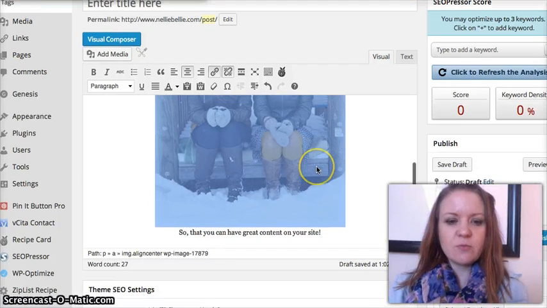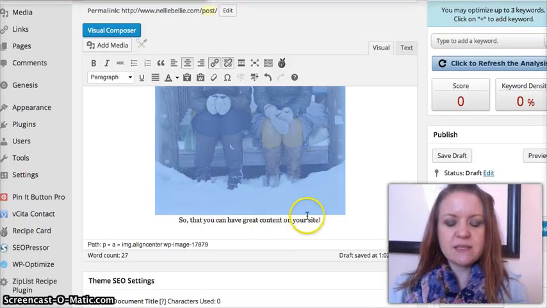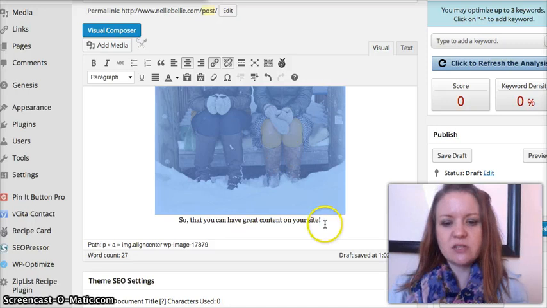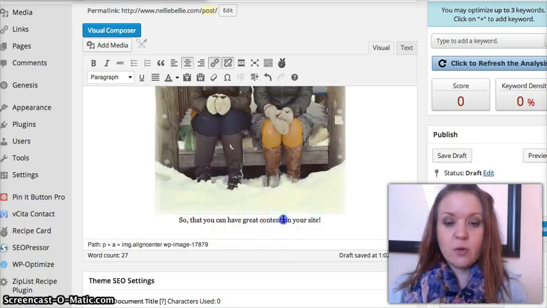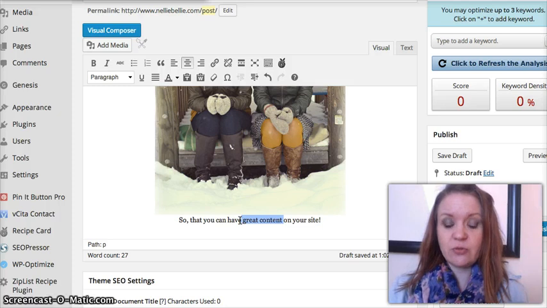Alright, so I've inserted my image, and you can repeat that process as many times as you like in your post area until you get your images inserted that you want. And now to link content. If you want to link text in your post, it's very simple. Put your cursor and drag so that your text area is blue that you want to link. Then you're going to come up here and click on this link button,